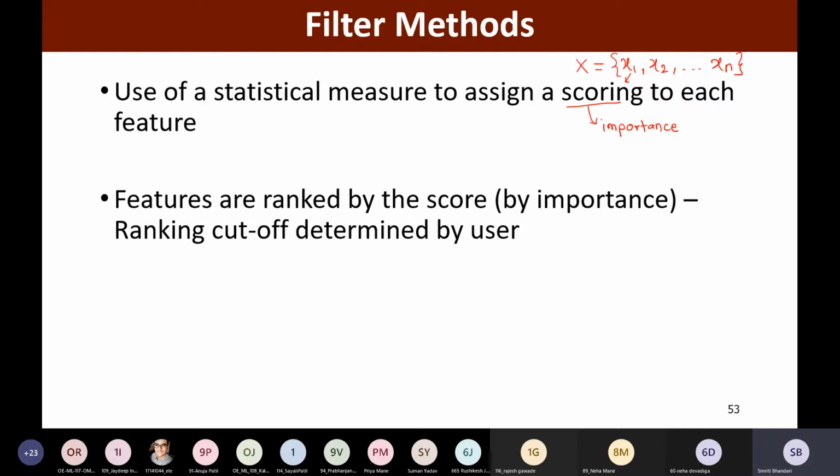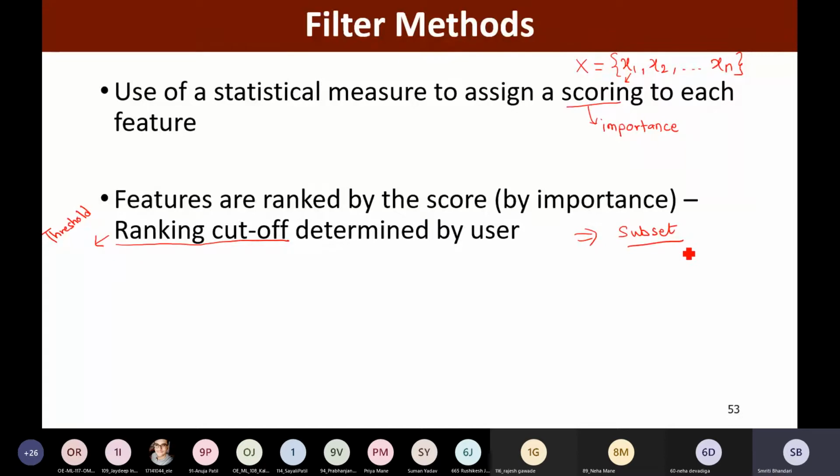And once again, the user will determine some ranking cutoff, or some threshold. Based on this threshold, we will decide which features to retain and which features to remove or eliminate. This is how we will come up with a subset of the features.